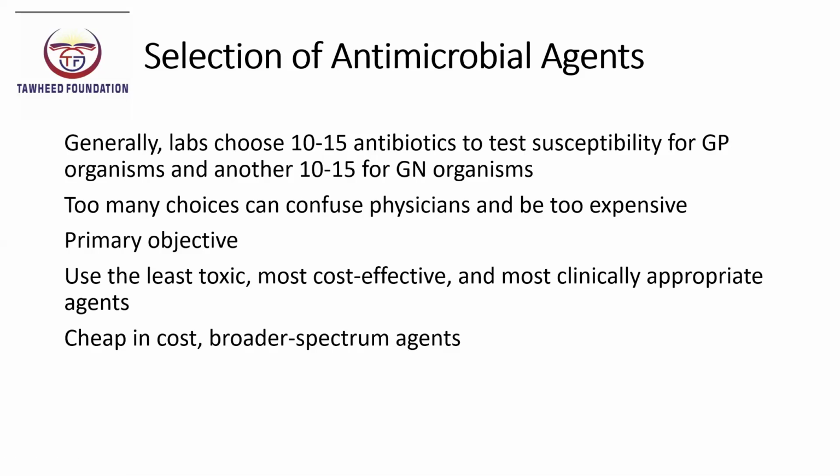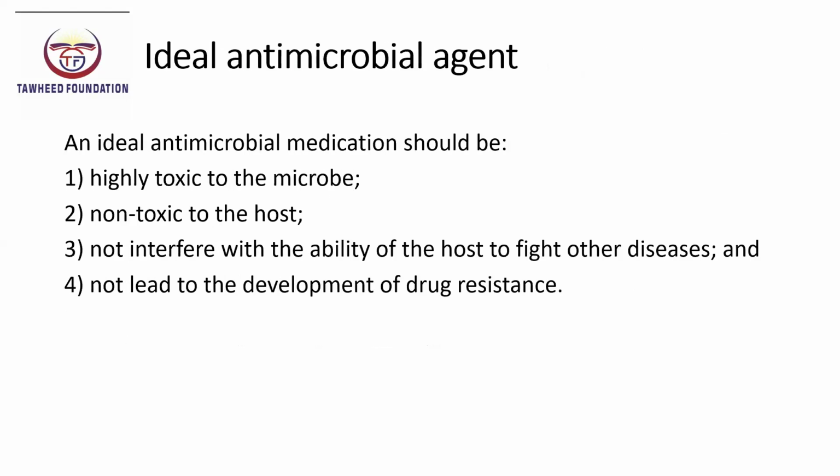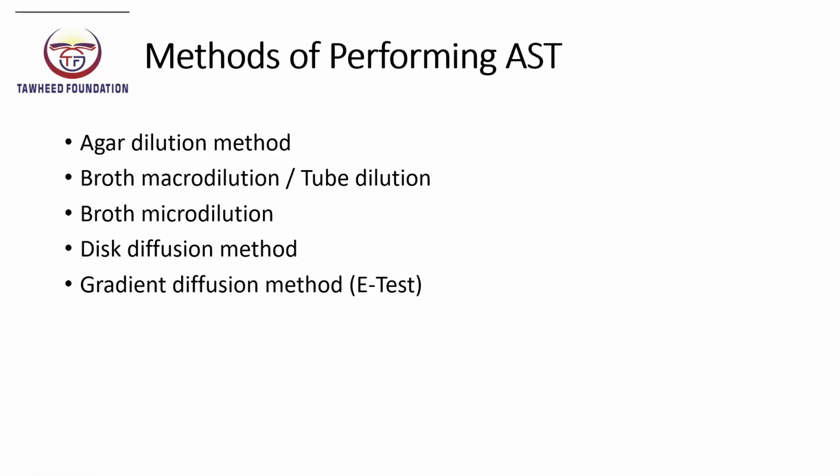The primary objective is to use the less toxic, most cost effective and most clinically appropriate agents, which are cheaper in cost, and broad spectrum agents. Next is the ideal antimicrobial agent. An ideal antimicrobial medication should be highly toxic to the microbe, non-toxic to the host, not interfere with the ability of the host to fight other diseases, and last but not least, it should not lead to the development of drug resistance. Methods of performing AST: